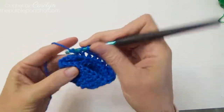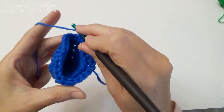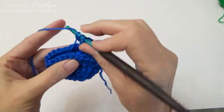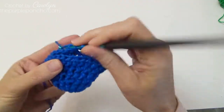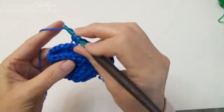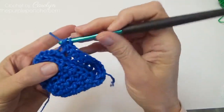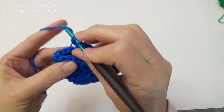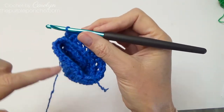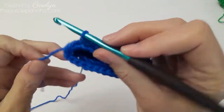and 2 in the next stitch, 1, 2, and 1 in the next 3 stitches. 1, 2, 3. And we're going to repeat the sequence all the way around till we get back to our tail. Back at my tail,